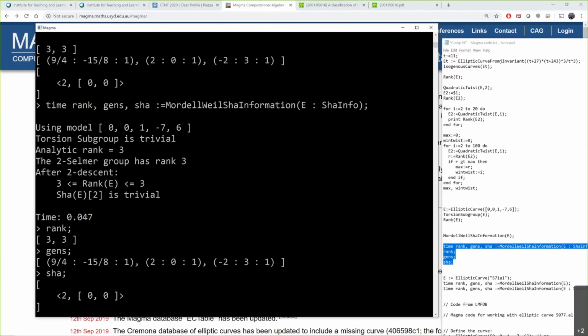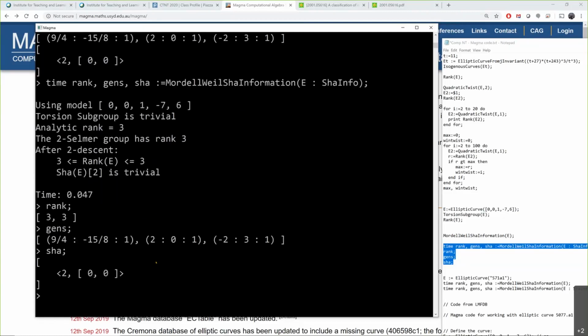It gives the rank, the generators, and Sha. It was verbose, and it told me what is happening in the background. Then it computed the rank bounds, generators of the entire Mordell-Weil group, and Sha. I'm not going to get into exactly what that representation of Sha is representing,